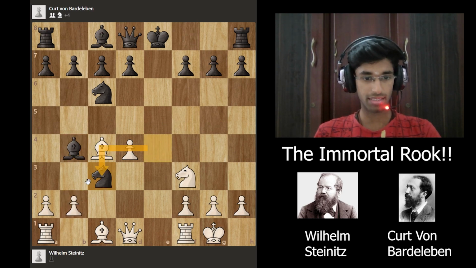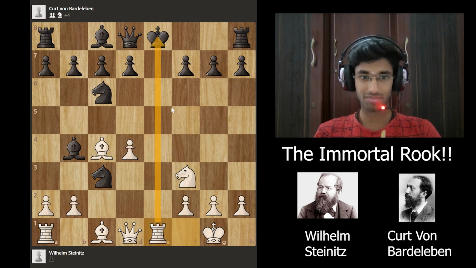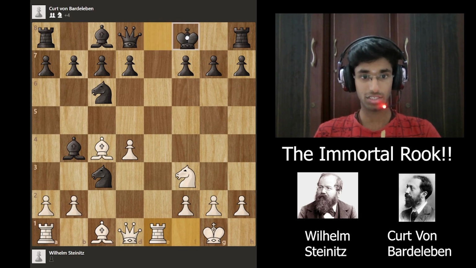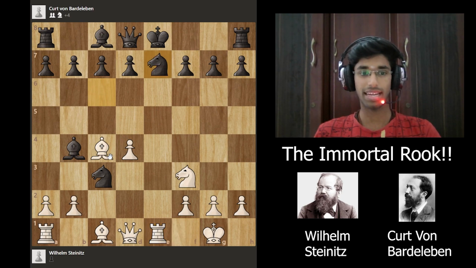The moment you take the knight on c3, white can go rook e1 check because the king is still in the center and it's not safe. And actually, the king has to go to f8. Okay, if you try to block with the knight and okay, let's say he recaptures, I again fork. Okay, if you try to do something like this,